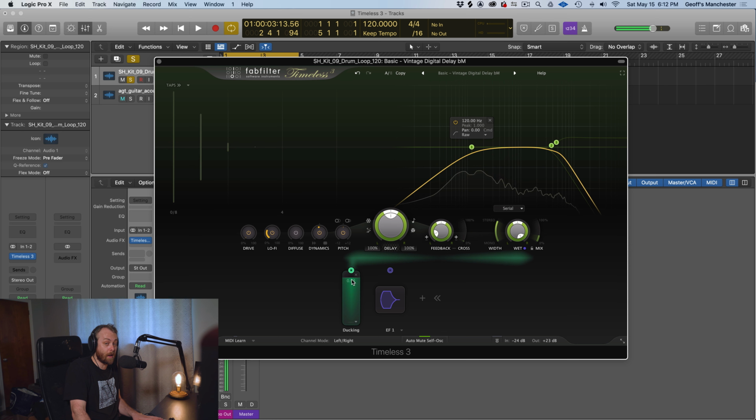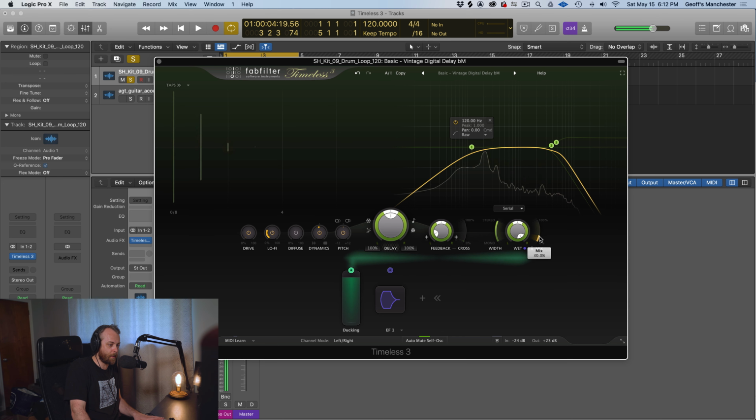So when I bring this ducking all the way up using, I believe, a slider, an envelope follower is kind of behind this, I believe. Envelope follower right there. It's going to just duck the wet signal from the dry. So now we really hear it when it's down here. When we bring it up,